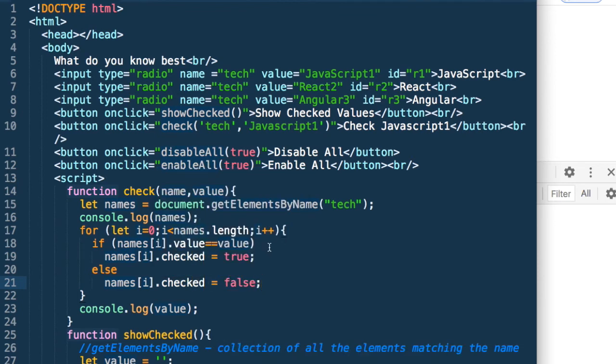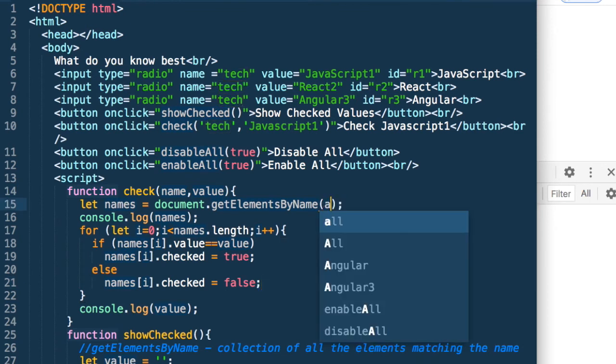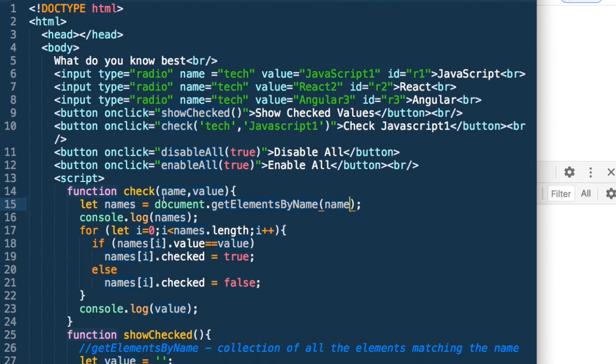The same way I can now set all these values, and this tech here could have been name, the value I got. So the name and the value, and we could have checked it. Let's test it.